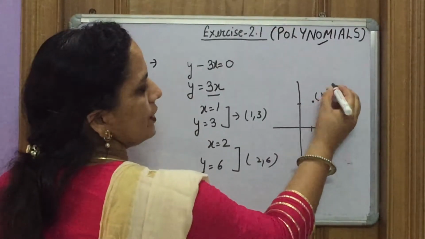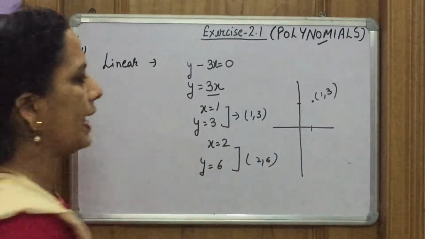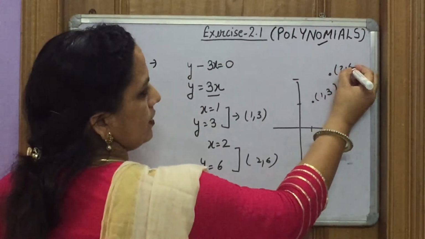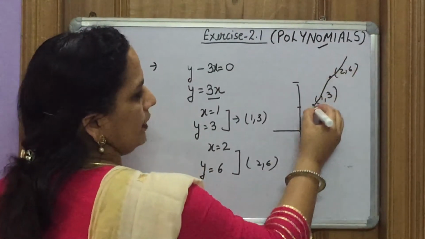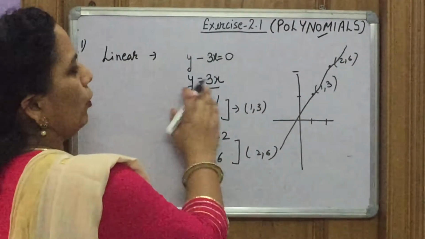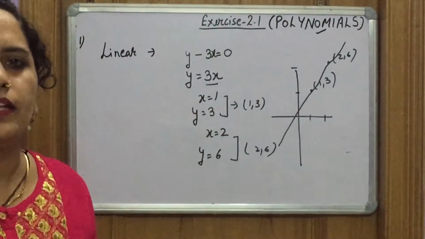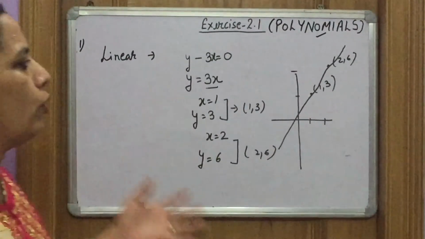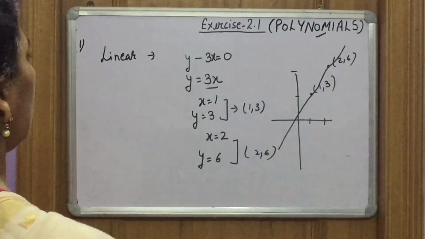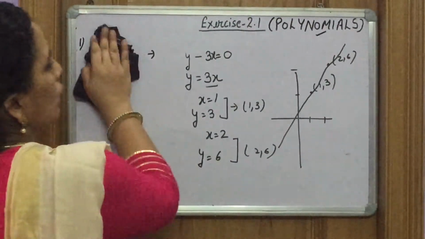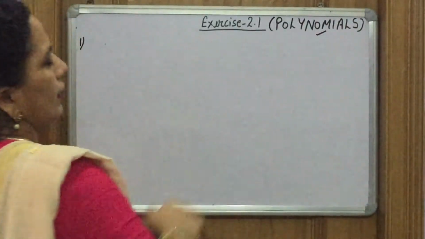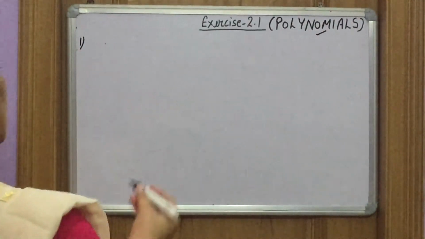So this is our first point. Second is x is 2 and y is 6. So this is 2 and 6. Join these 2 points and this is the graph of a linear polynomial. So we can say that graph of a linear polynomial is always a straight line. Now find out which type of graph a quadratic polynomial has. If we take any quadratic equation,